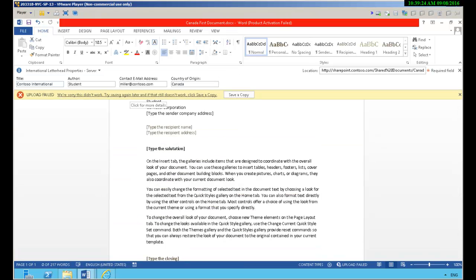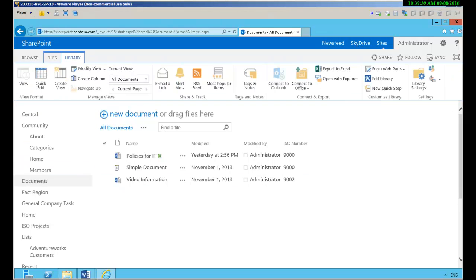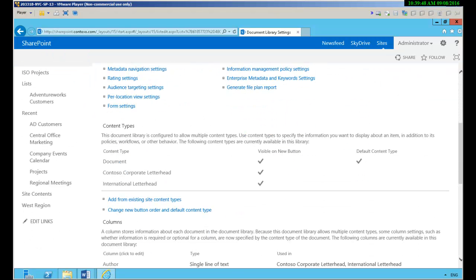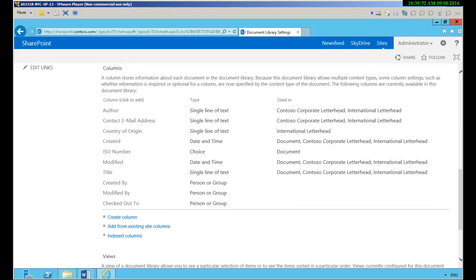Now, why didn't it work? Because country of origin was not added to the document library. Notice it's not here. So what we have to do is add that column to the library settings. And we're going to add not a content type, columns. We can see what's here. Oh, country of origin